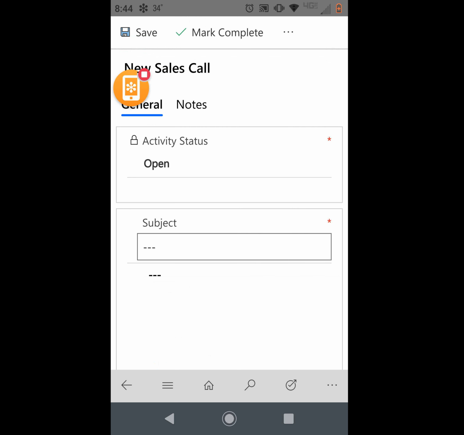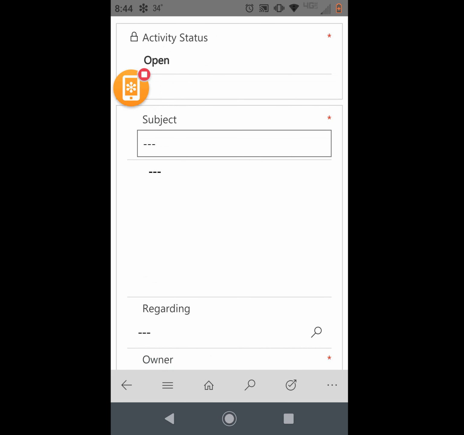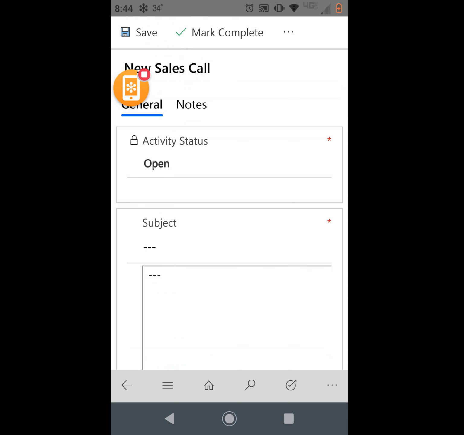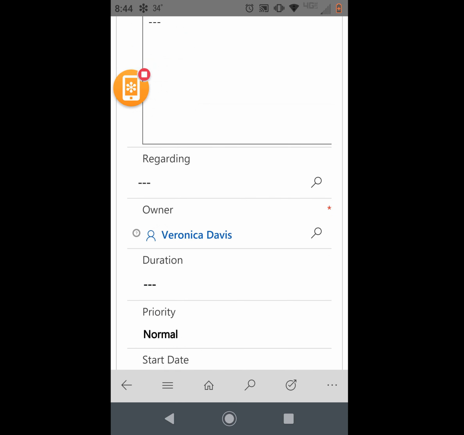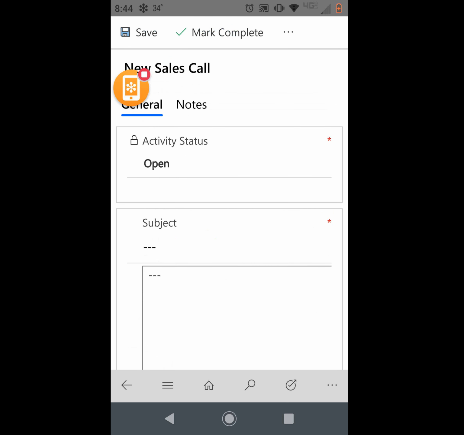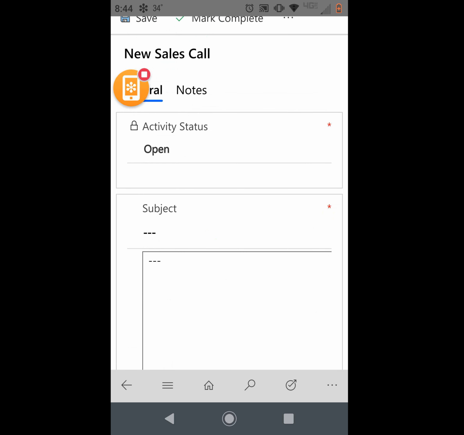So let's kind of just run through one. All I've done in here is, you guys will see, as with everything in CRM, everything with a red asterisk is required in order to even save this. So your subject,